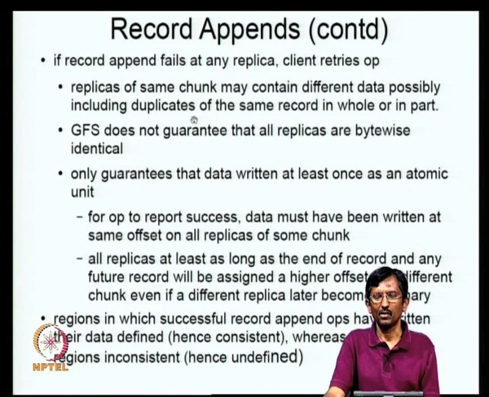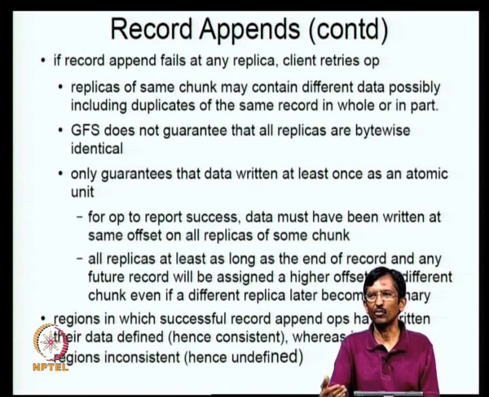So basically what happens is that you retry, some guys might have succeeded, some guys might not have succeeded. Those who have succeeded have written something, and those who have not succeeded have not written it completely, or have written it partially. So they will be diverging. Again, when we retry the whole operation, everybody gets a new offset, but whatever junk they have put in previously, whatever has failed, still remains there. That's the reason why